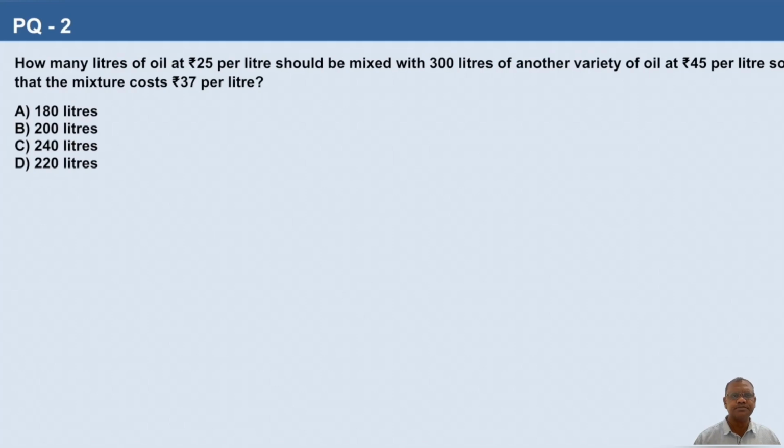Question number 2. How many liters of oil at 25 rupees per liter should be mixed with 300 liters of another variety of oil at 45 rupees per liter, so that the mixture costs 37 rupees per liter? Similar question. Cheaper is 25 rupees per liter and costlier is 45 rupees, and the mixture is 37 rupees per liter. So if you find out the allegation for this,